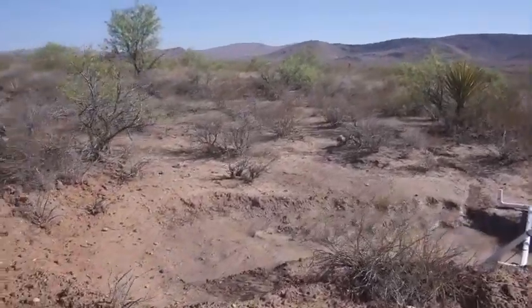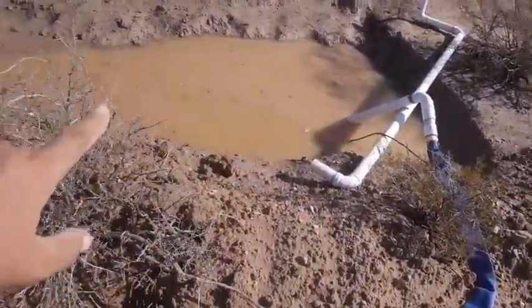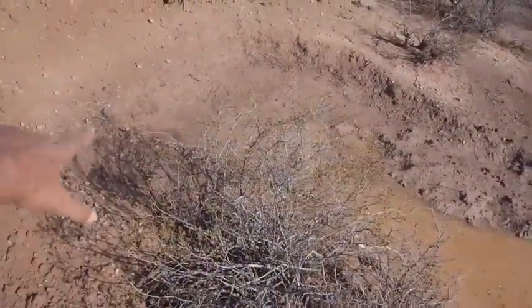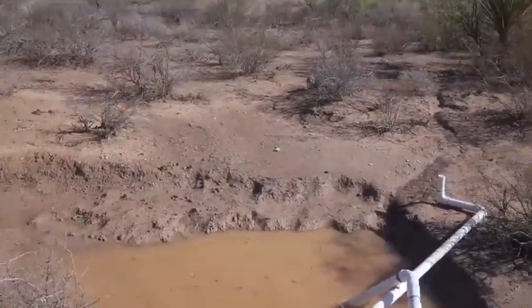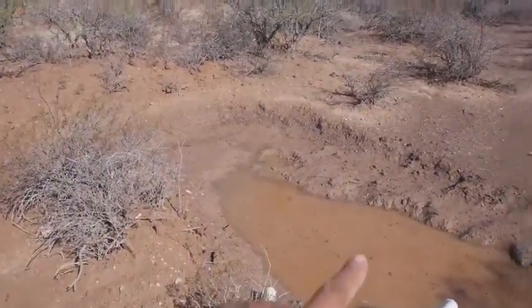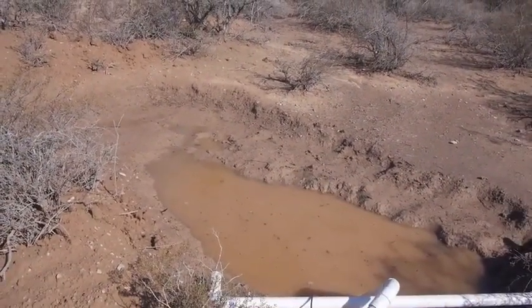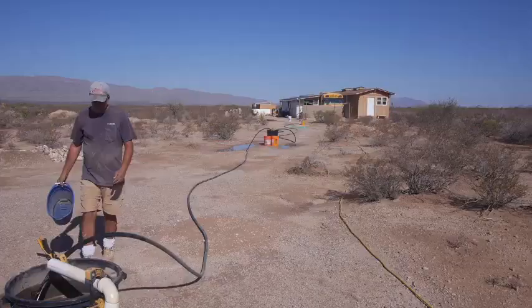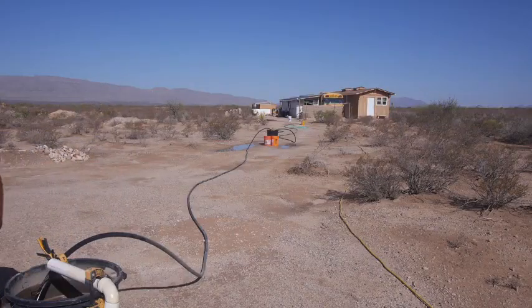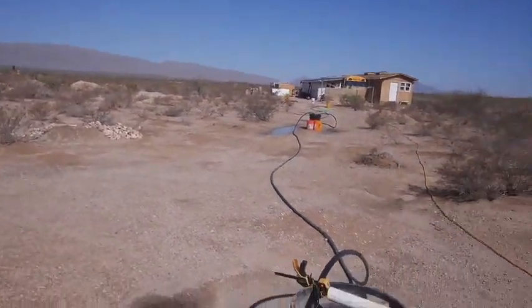When I dug this hole, this side is the deepest, and then I did kind of a shallower, like the shallow end and the deep end of a pool. So it's not all consistent depth, okay? But we couldn't see that shelf before. So we've pulled that down quite a bit. And it still beats driving in town. Of course, the water in town is cleaner, but...